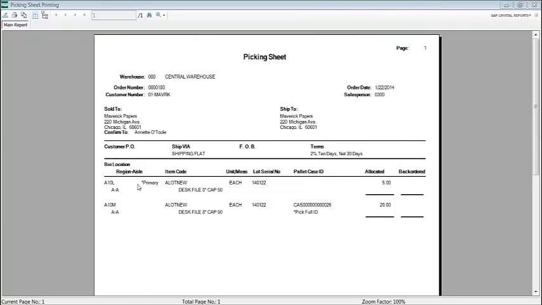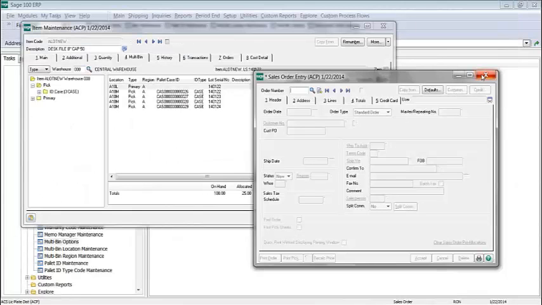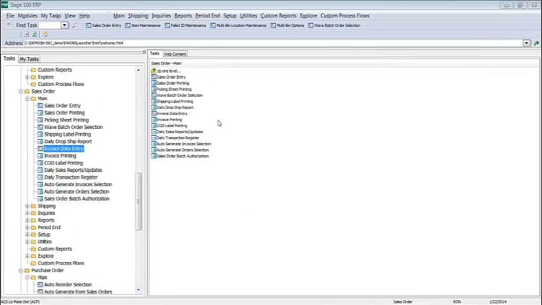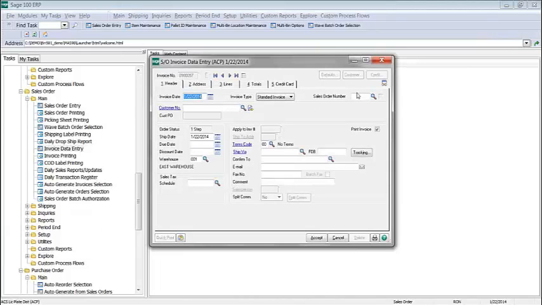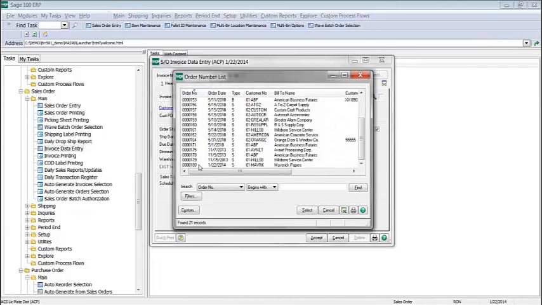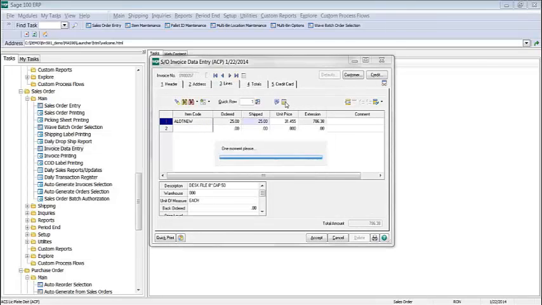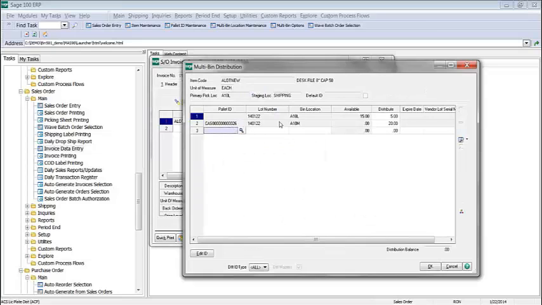Okay, so now I have a pick sheet. In this case, I printed the wave pick sheet, and in here it's giving an indication to pick the full ID. So it just happens to be the only item on there. And let's see, so what I'll do now is let's go invoice this. It pulled everything across, defaulted the 25 shipped, pulled the license plate and the eaches from the primary bin location,